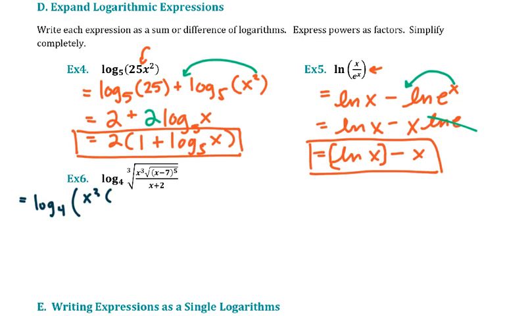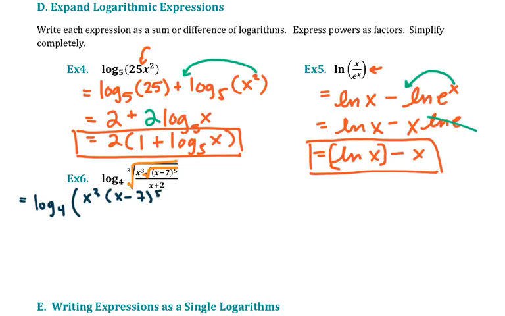As I do this, I'm also going to take this square root and write it as a rational power. So the cube root as a rational power is going to be 1/3, and the square root is going to be 1/2. So I have x cubed times x minus 7